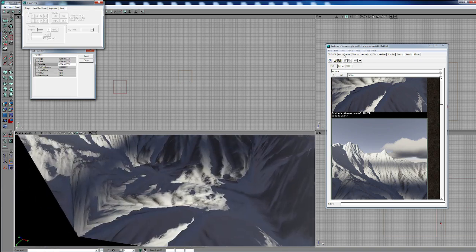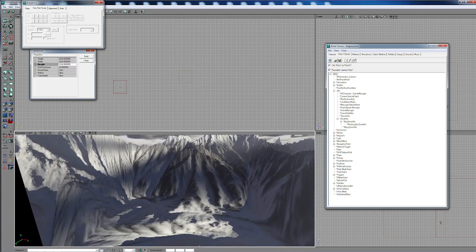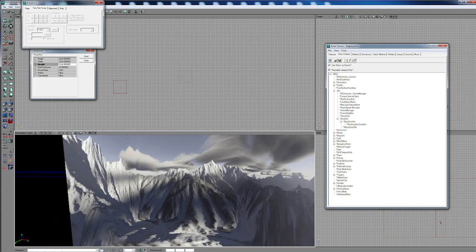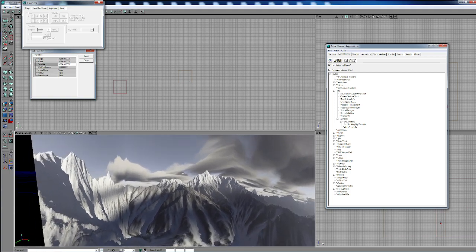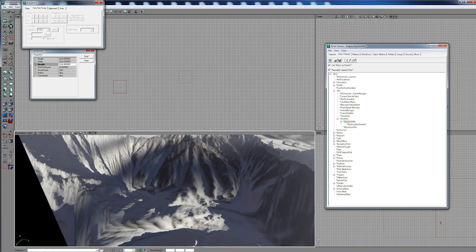You obviously now need to make it a skybox, so in info you need to make it a sky zone info. You can make it a rocking sky zone. Rocking sky zone is where you can make the whole thing rotate in any direction you want. It's good if you have pictures of stars and that sort of stuff, you can make them spin around. But I just want a sky zone info,